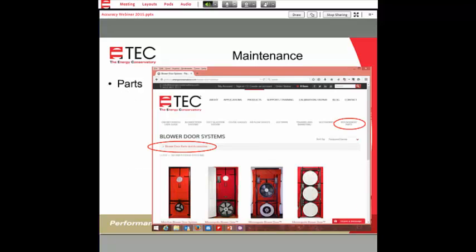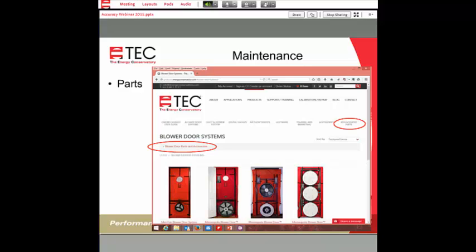Moving on to some of the parts. On our website, and we continue to update this as soon as we have pictures and things like that, there's two places. When you click on the products part of the menu, you'll get a list of things like the blower door and the duct blaster. On the far right-hand side, you'll see replacement parts. That will lead you to a series of replacement parts for all products.